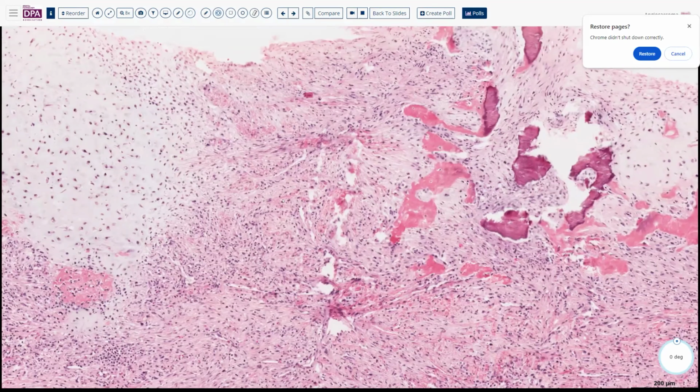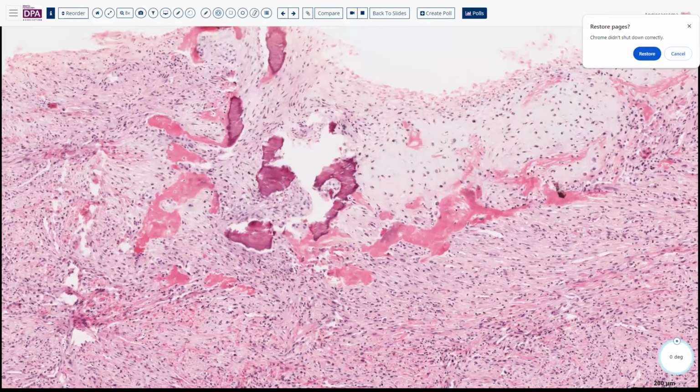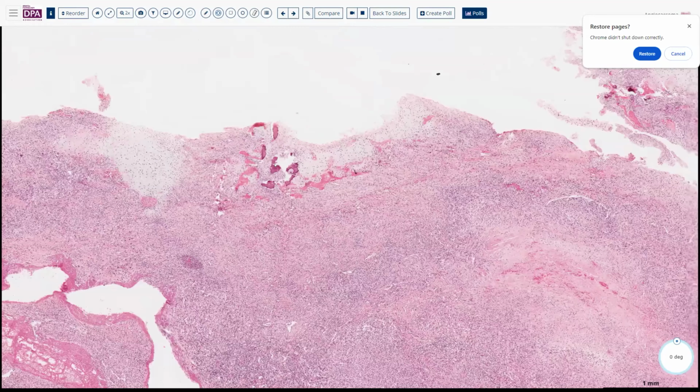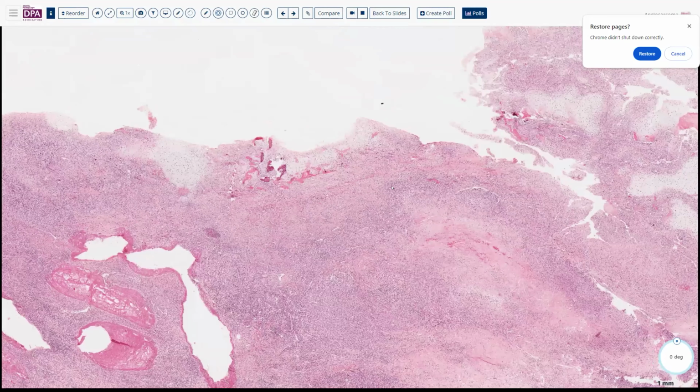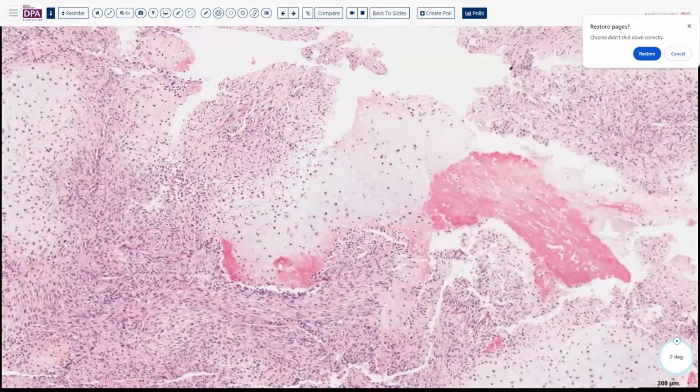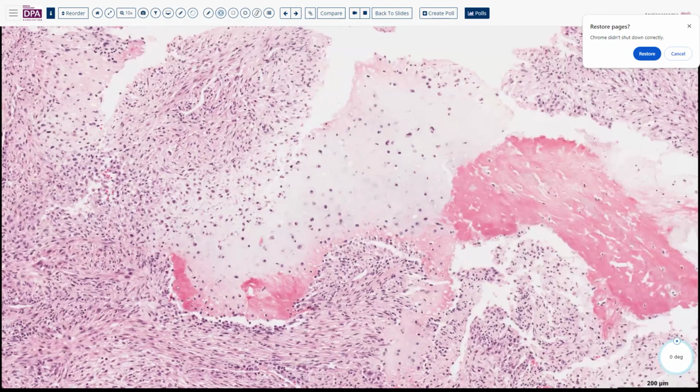Now, the bony tissue here does not look per se like osteosarcoma because we don't have a high degree of atypia in the bone itself. So this may be reactive bone associated with the cartilage tissue. As you can see here, it's kind of at the periphery of these cartilaginous zones,